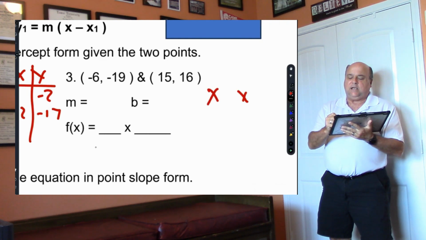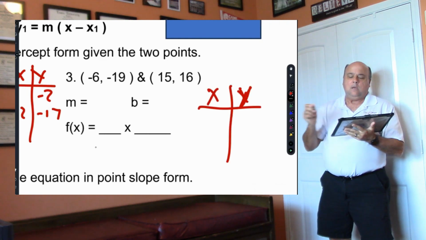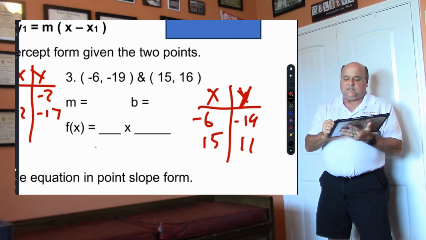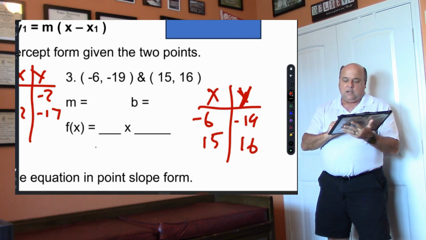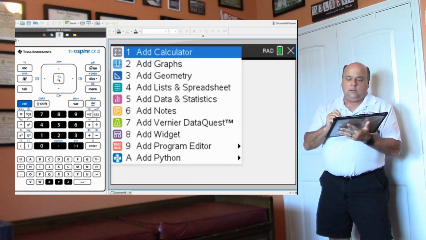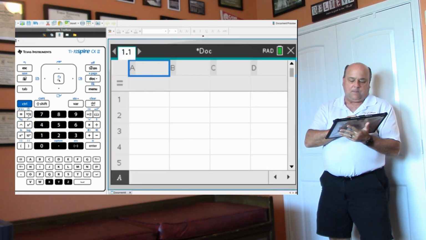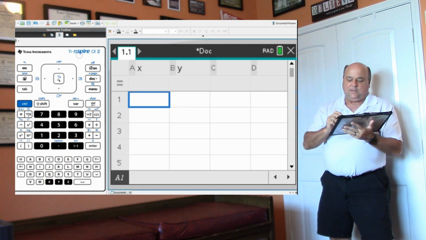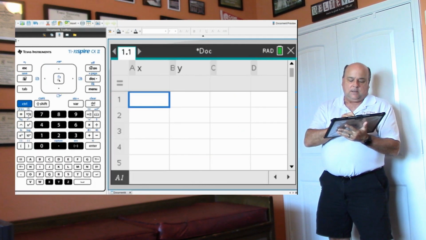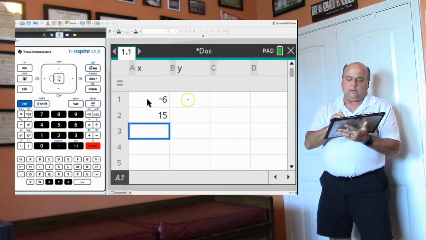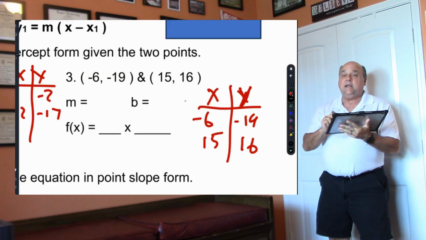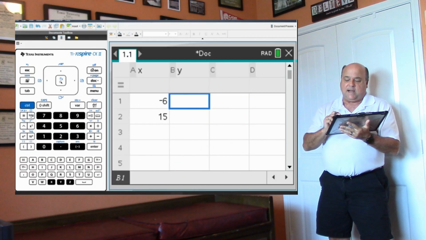Keep repeating the process, x and y. Okay, so we're going to put our t-chart is -6 and -19 and 15 and 16. I need to put this into the calculator. So I'm going to go to the calculator, hit home, hit 1, hit no, and then 4. And then I need to type in my x and my y. And now I'm going to go get the t-chart. So -6 and 15 for x. Go up here and get my y's. And my y's are going to be -19 and 16. So -19 and 16 in